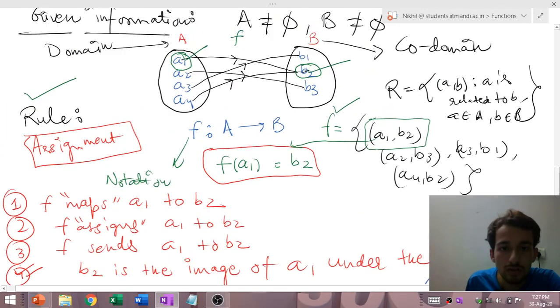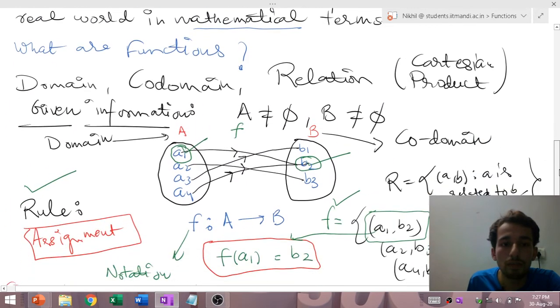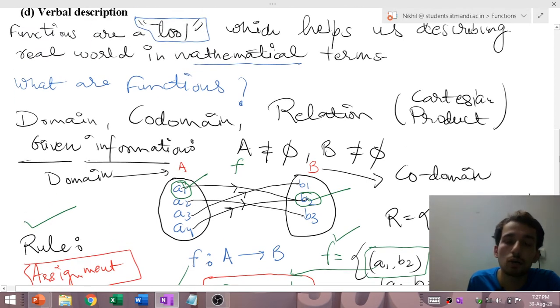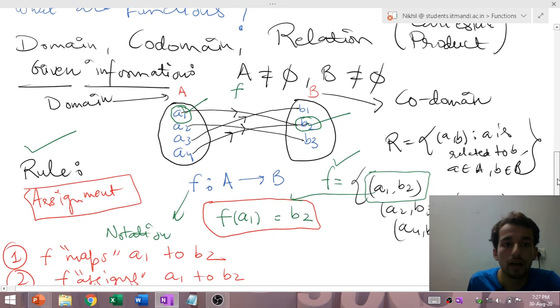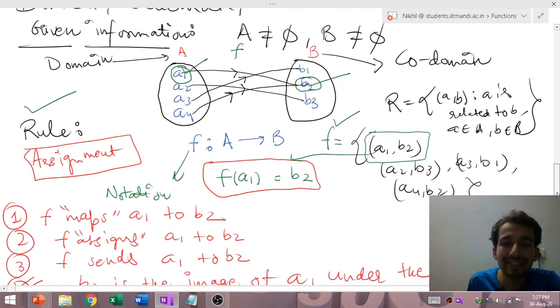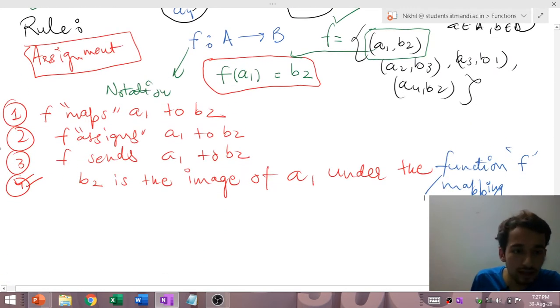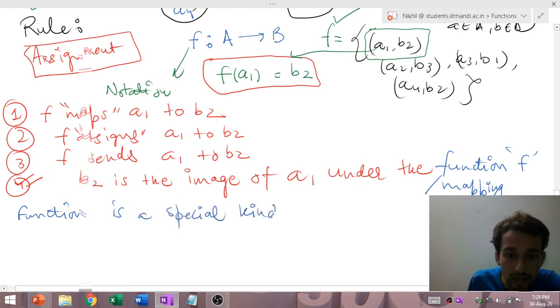Fine. So this way we have built a good motivation for why we require a function, and then we have informally answered what a function is using the knowledge of domain, codomain and relations. So we can conclude that a function is a special kind of relation. It is again a kind of relation, but a special kind of relation in which